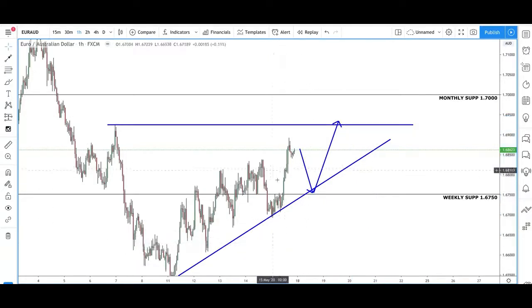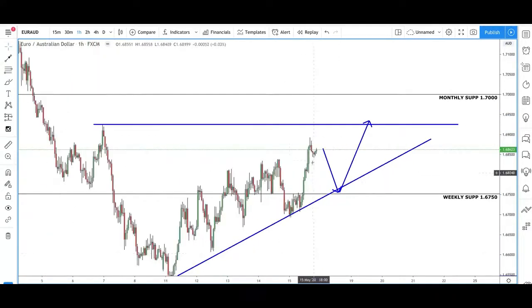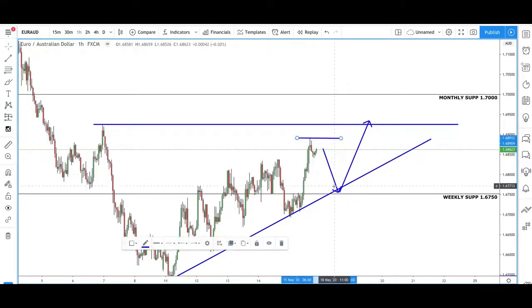So at the start of the week, again, all depends on market open, but ideally if we get some opportunities, or if there's any opportunity around here to be looking at taking a trade down, we may look at taking that intraday down to sort of this region, where we could be looking at taking a long back up above to take out this high once again.